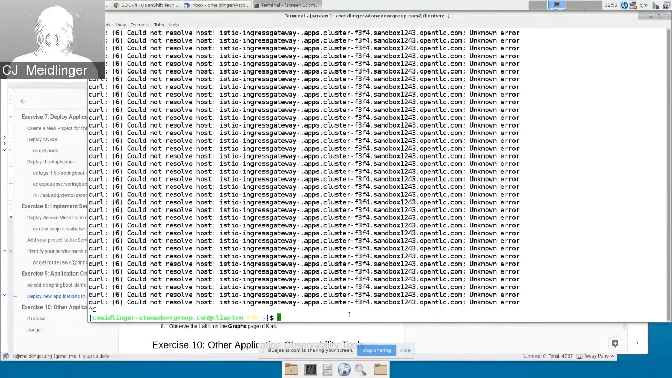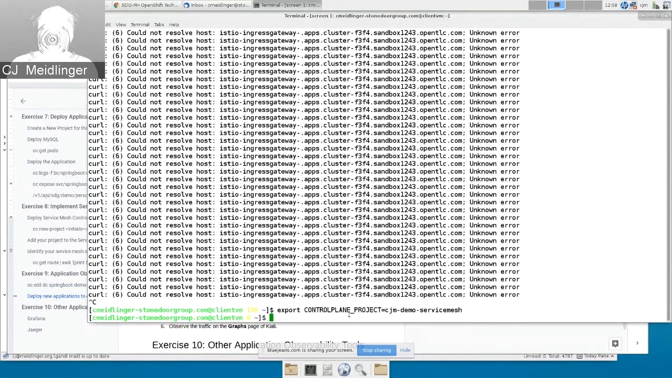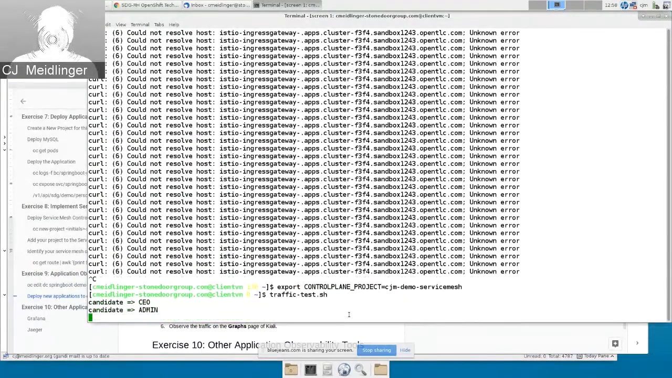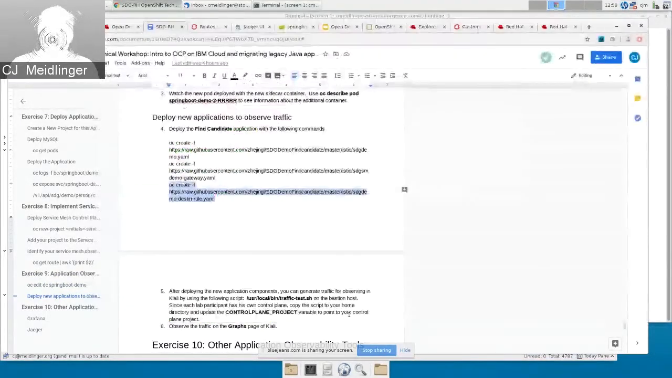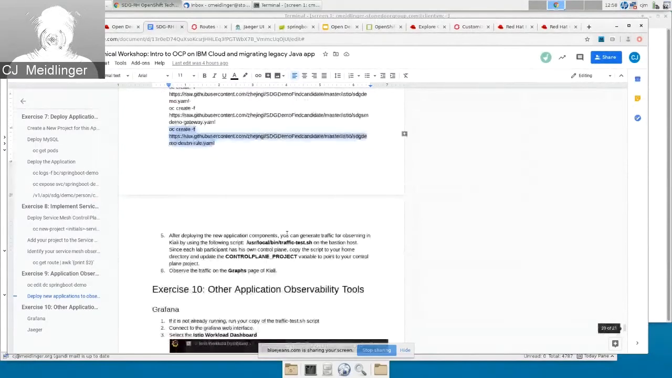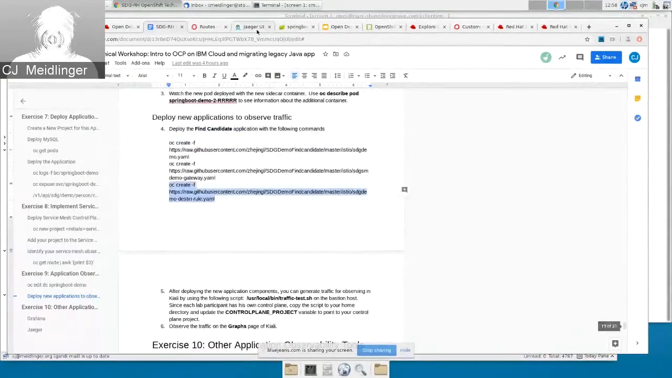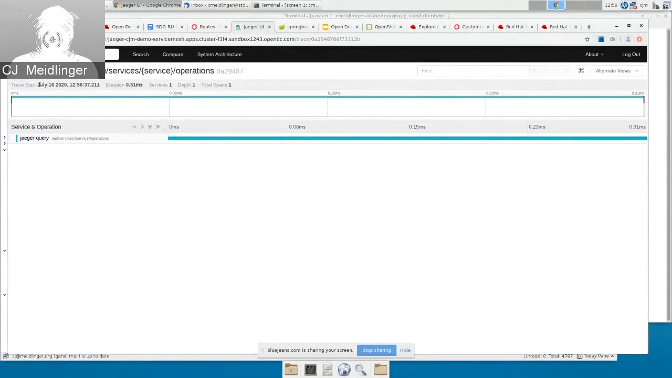That was in the other environment. So export role plane demo service mesh. Yeah, so we're running some traffic now against the application just deployed, and then we come back with a minute or two to spare